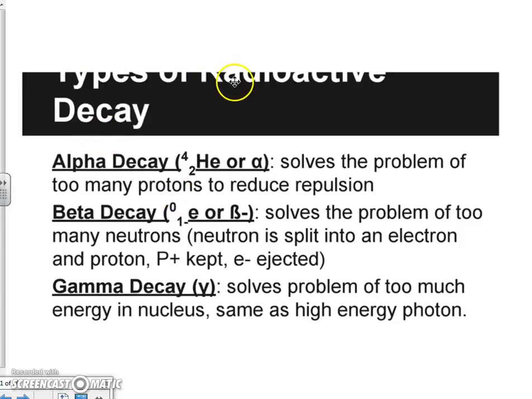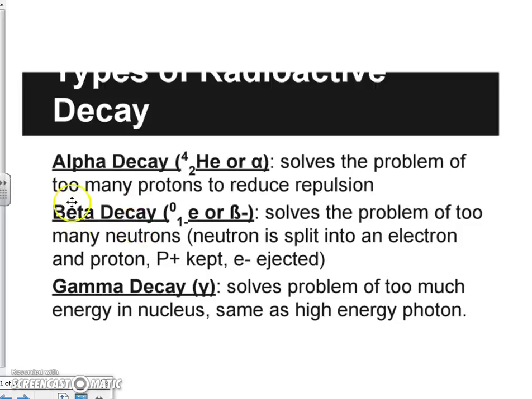All right, types of radioactive decay. The three we're going to talk about, and there's others like the positron, and there's a couple more I can't think of off the top of my head right now. But the three we're going to focus on, the first one is an alpha particle, and that looks like a helium atom. Actually, it's a helium ion. It's charged, but we care that it has a mass number of 4, atomic number of 2, so you may see it written either way, with the Greek letter alpha. This solves the problem of having too many protons. So what we're going to do is get rid of 2 protons